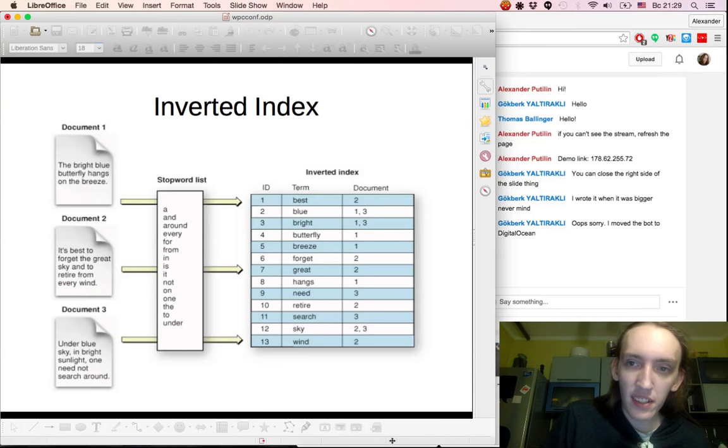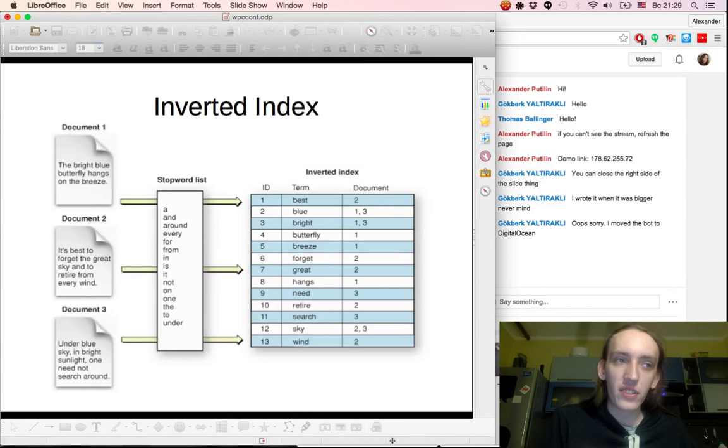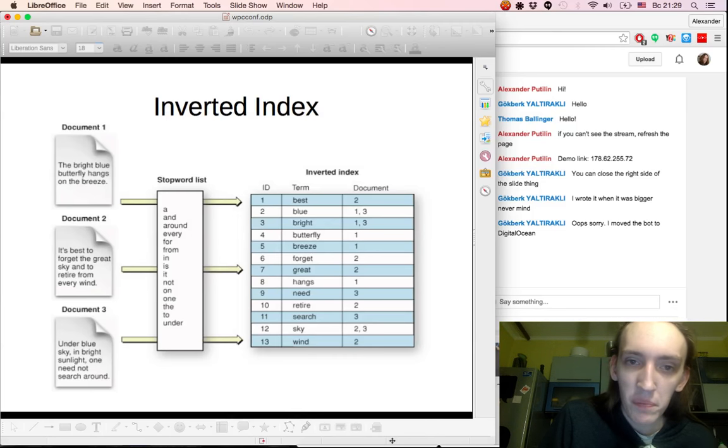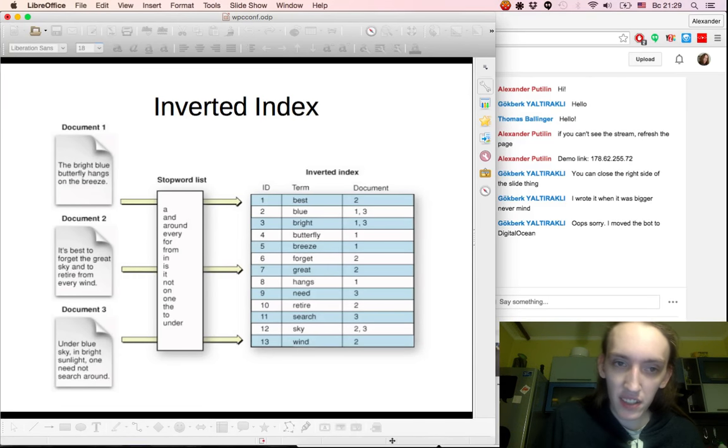And as you can guess, when a user queries something like bright blue sky, you can retrieve all documents that contain the words blue, bright, and sky very efficiently. So you don't need to scan the whole collection. You just get all the documents that are most likely relevant to the query. So